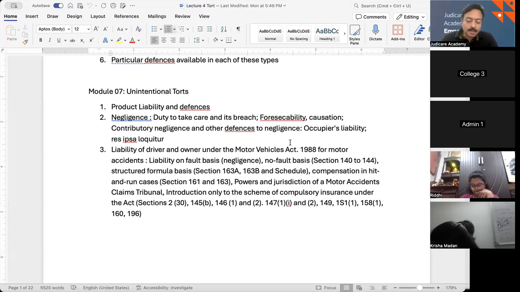Now, subsection 2 says the amount of compensation payable under subsection 1 with respect to the death of any person shall be a fixed sum of 50,000 rupees, and the amount of compensation payable under the subsection in respect of the permanent disablement of a person shall be a fixed sum of 25,000 rupees. Now, subsection 3 says, in any claim for compensation under subsection 1, the claimant shall not be required to plead and establish the claimant, which is the person who has met the accident.